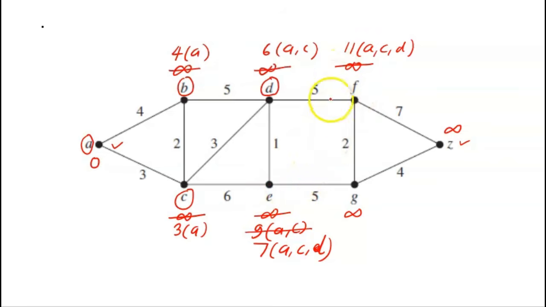Now, ladies and gentlemen, out of all the labels, we note that 7 is the smallest because it is 7 here, it is 11 here, and the remaining 2 are still to be labeled because the earlier assigned labels are infinite. So since E is the smallest, I am going to block the vertex E. Now, repeating the process, E to G, the distance is 5, so the label now assigned to G will be 7 plus 5, that is equal to 12, and here we will write A, C, D, E,